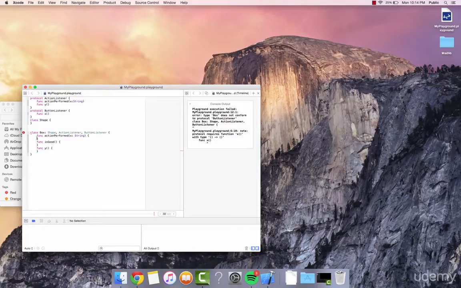Okay, before we keep going though, let's just look at this error real quick. What does it say? Type box does not conform to protocol button listener. This is a really common error that you'll see a lot. It's important to understand what it means. What it means is that here you're agreeing to implement button listener's methods, but you haven't done so. And sure enough, we're missing a function x. So let's go ahead and just put that in there. Have it do nothing. And just like that,